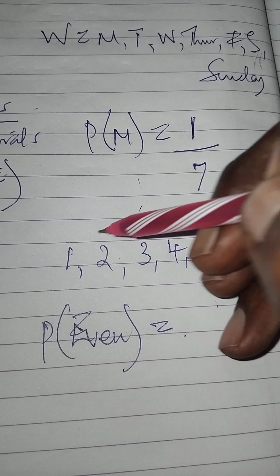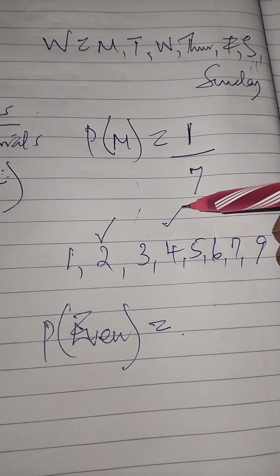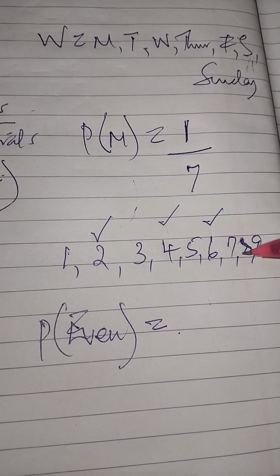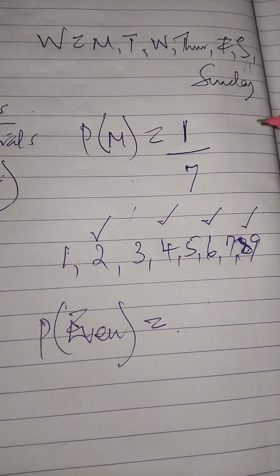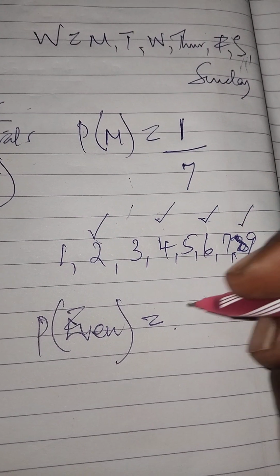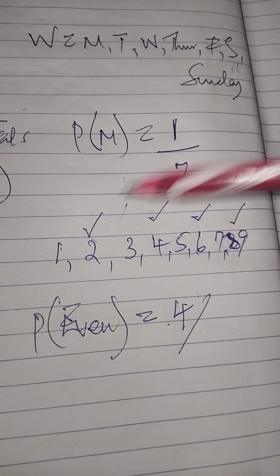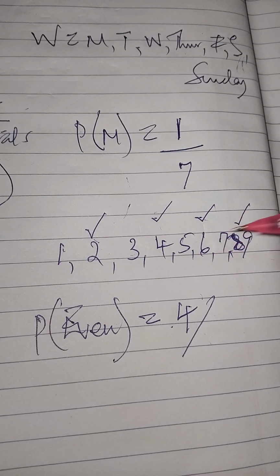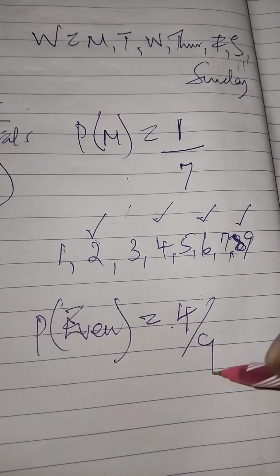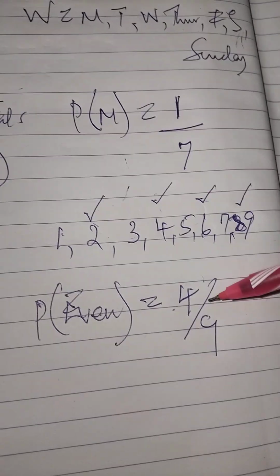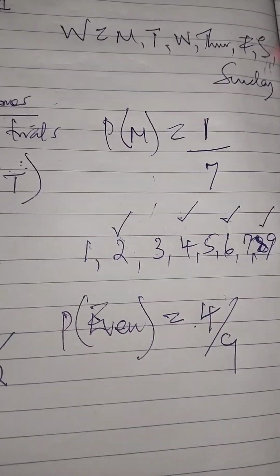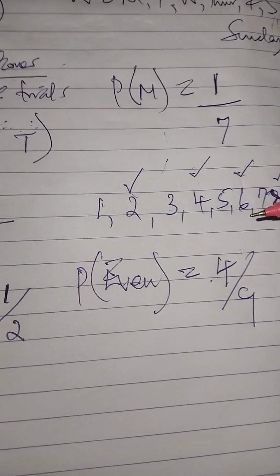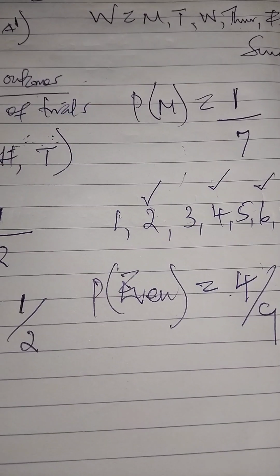So we have 2, we have 4, we have 6, and also we have 8. So 1, 2, 3, 4. We have 4 favorable outcomes over the total number, which is 1, 2, 3, 4, 5, 6, 7, 8, 9. So probability of getting an even number is 4 over 9. You can try probability of getting a prime number, an odd number, probability of getting